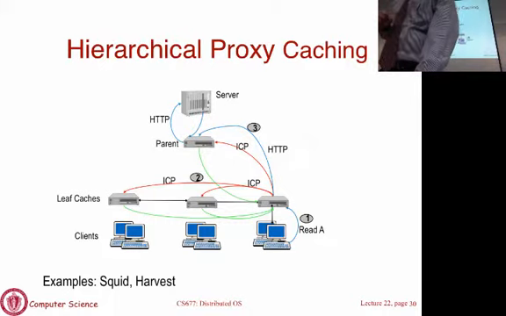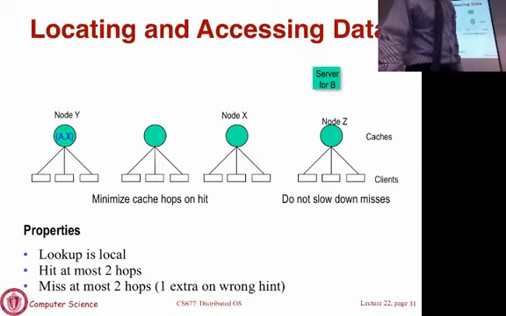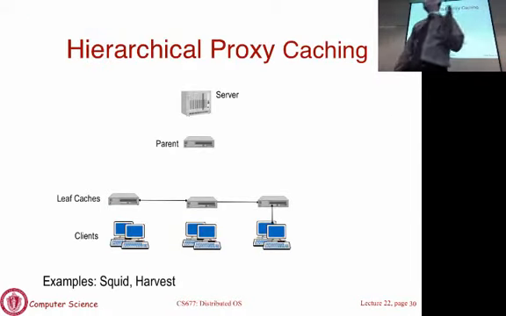The page comes to the parent, the parent sends it to that proxy, and the proxy sends it to the client. These are all the sequence of messages that have to go on in order to service a first request, and we'll see how to make that better. But as you can see, cache hits are easy. A cache hit means you make a request to a local proxy cache, it finds it, and sends it back. This is called a local hit. Even a remote hit is easy, because if you don't get it here, you ask your neighbor, the neighbor says yes, and you retrieve it.